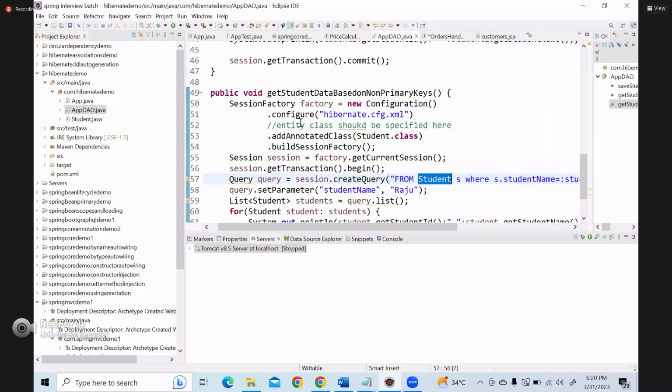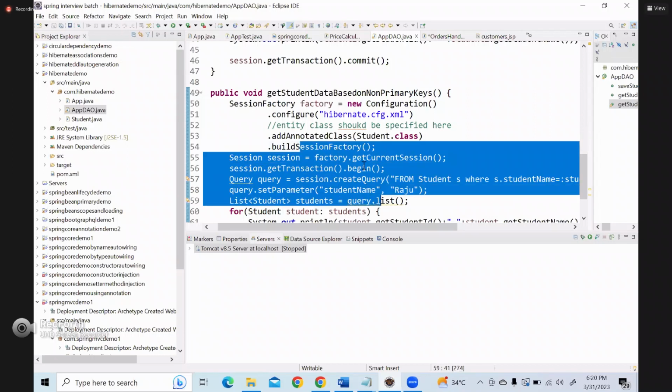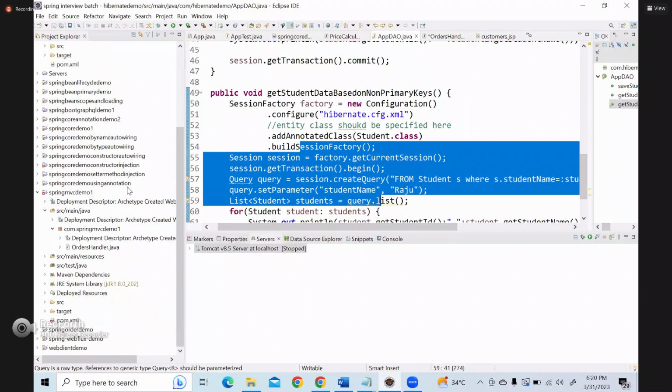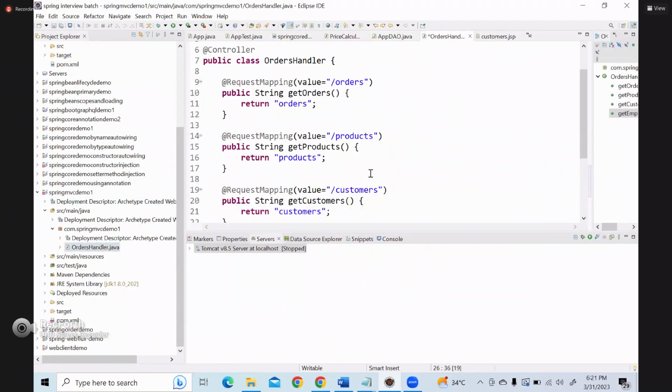We can use Hibernate and do that, right? What is the other way? JDBC, right? So currently, I will not write that one because already you know that. Now what I'll do is